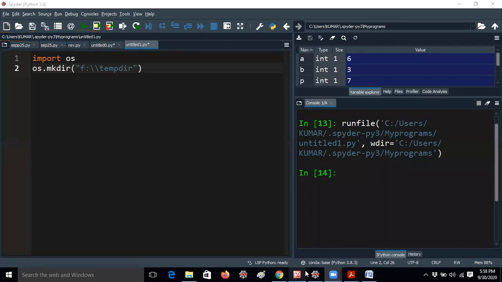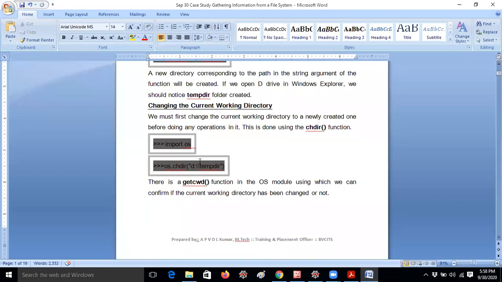For example, in C language we used to create commands like MD, CD and CLS. CLS is clear screen, and we have the date command and the time command. But here nothing like that can be written, it will just show how files will be created and how files will be stored in a database. So this is the topic. Now let me write os.chdir. What is chdir? I would like to tell you guys.